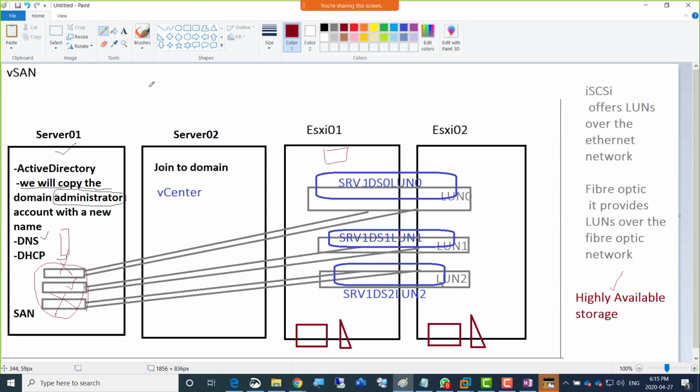Okay guys, so we were talking about highly available storage, and then we were talking about iSCSI and fiber optics. So suppose the company says, okay, I can't afford all that. Hey VMware and Microsoft, do you have any solution? And VMware says, yes, we have vSAN. So what is vSAN? With vSAN you can have a minimum of 3 hypervisors,